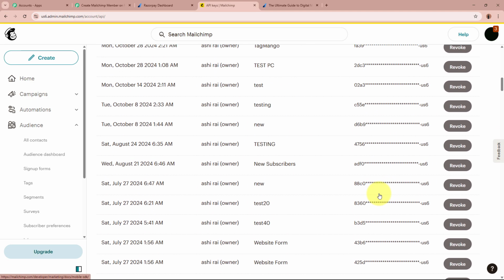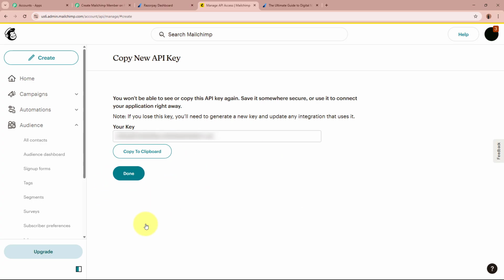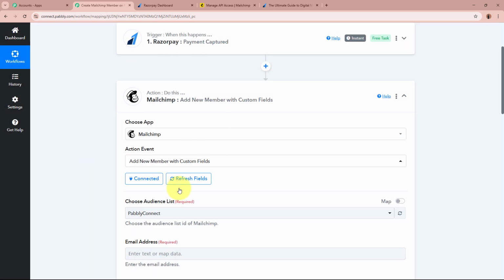If I'm going to scroll down, you can see it says create a key. I'm going to click on it. It is asking for the key name. So the key name over here, I'm going to write it as new Razorpay payment 01. I'm going to generate the key by clicking on this button. This is the key. I'm going to copy it from here and paste this token right here, and then click on the save button. As I've done that, you can see Mailchimp has now been connected to Pabbly Connect